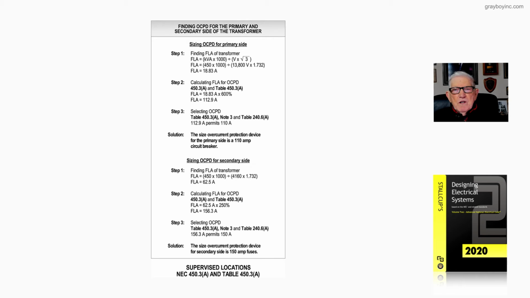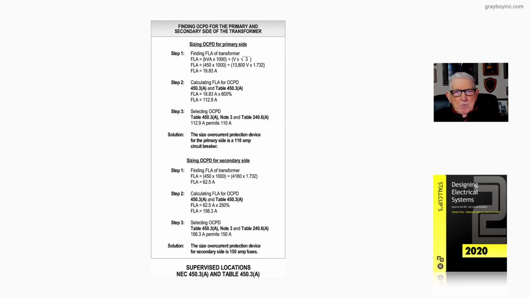Now in step 3, we reference table 450.3(A) and we pick up 250% for that secondary side. 250% of 62.5 produces a value of 156.3. And again, in note 3 to our table 450.3(A) for supervised location, we must round down from 156.3 to